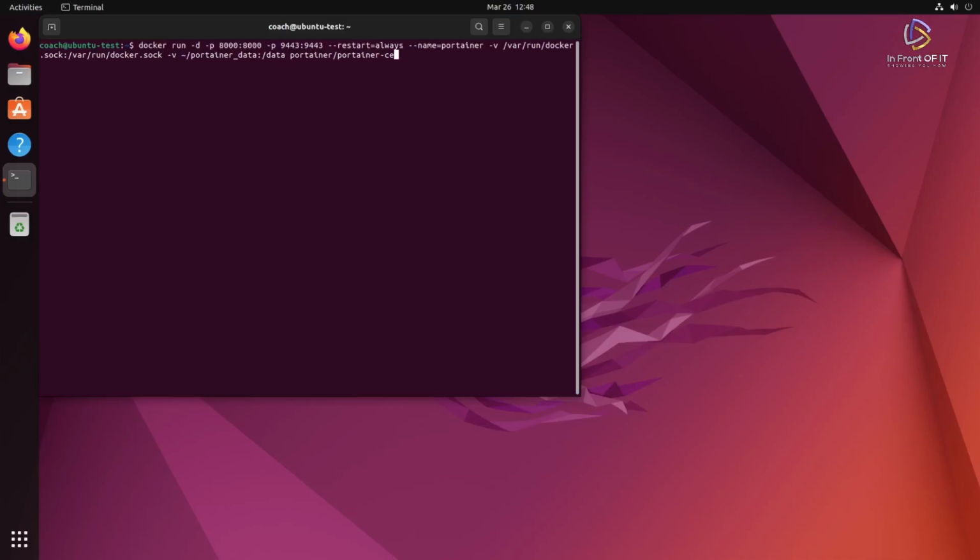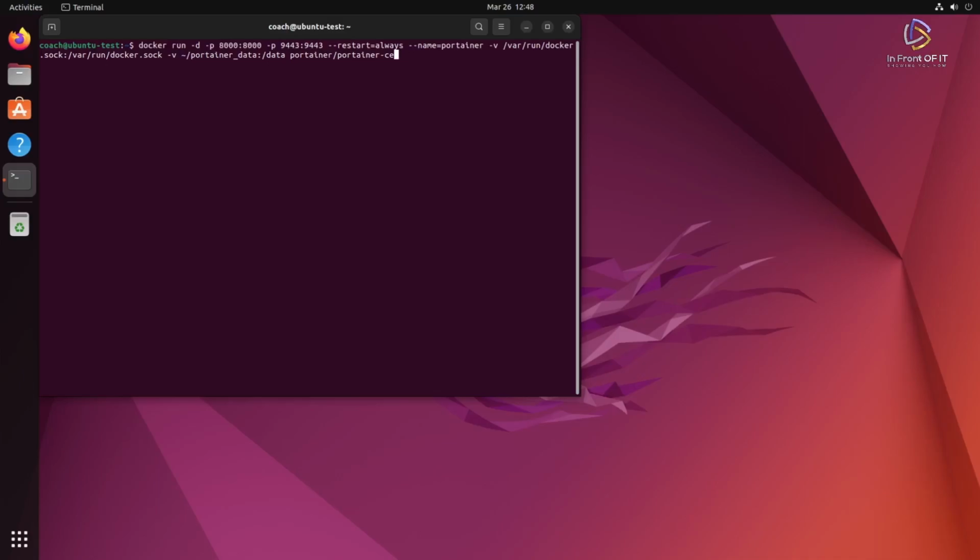Some of these parameters might be self-explanatory, but I'll go over them anyway. First, we have the -d, which tells Docker to run the container in the background, meaning that it will start the container and come right back to the command line, basically running it as a process under Docker in the background and not taking up your command line. That's the typical way you want to start containers when you're not running them interactively, but you want to run them, let's say, as you would a service or